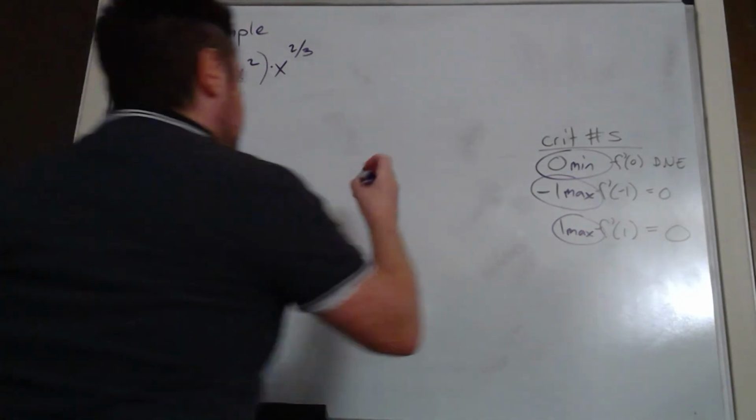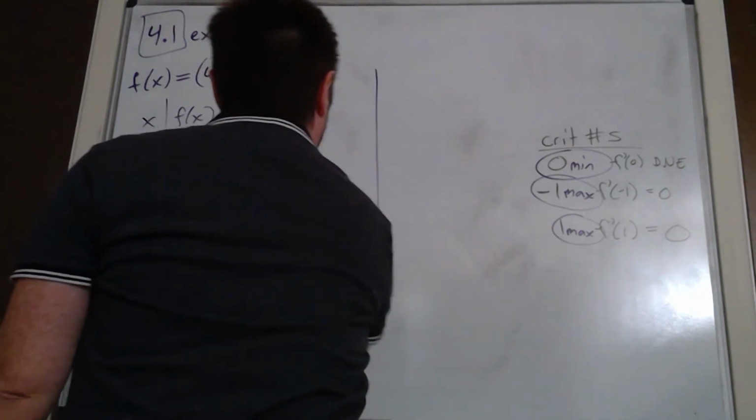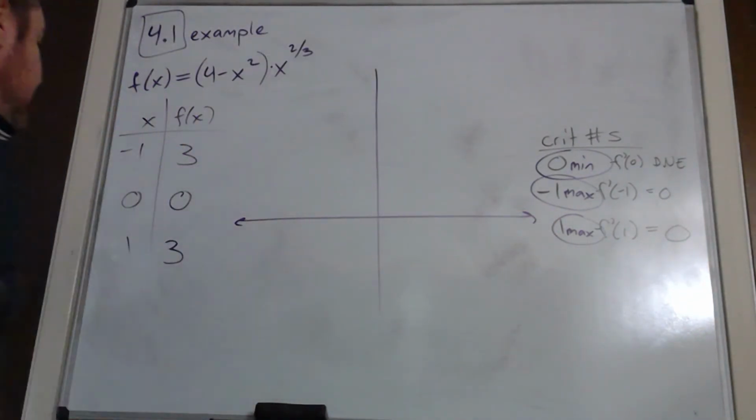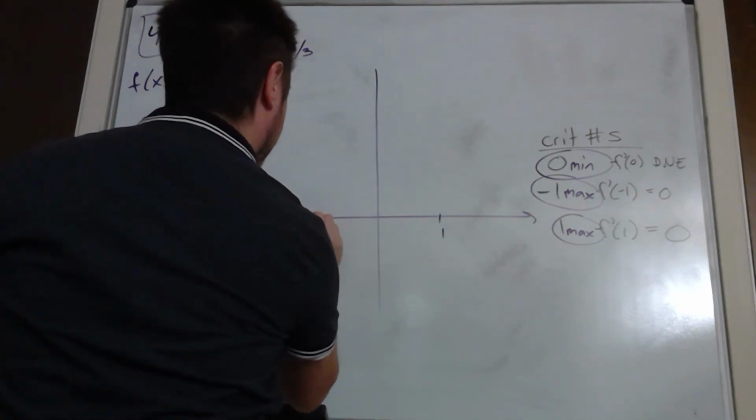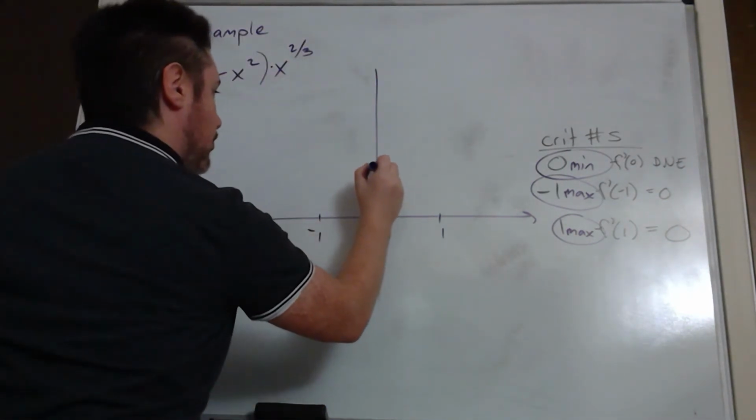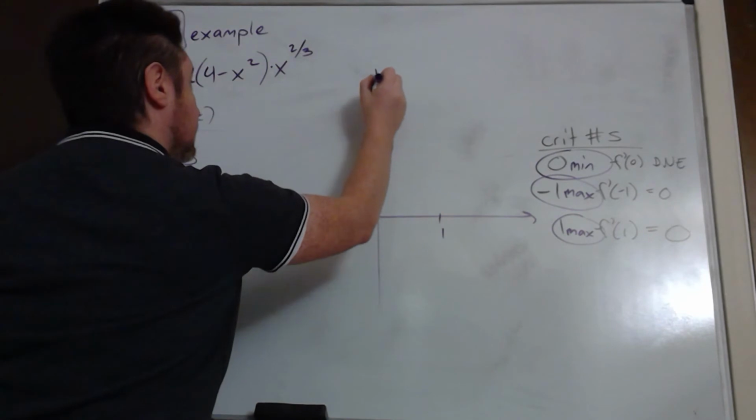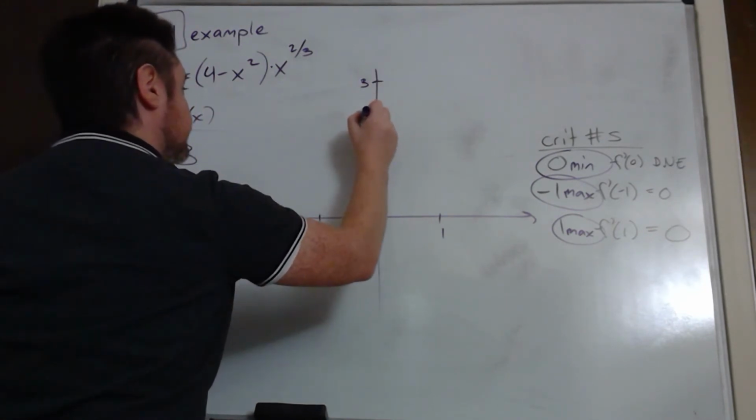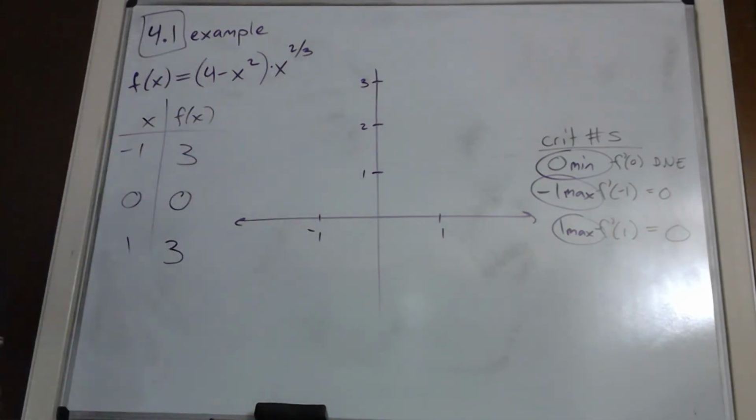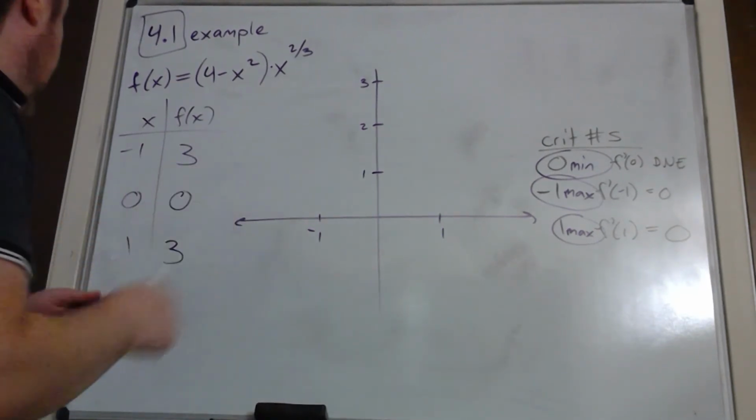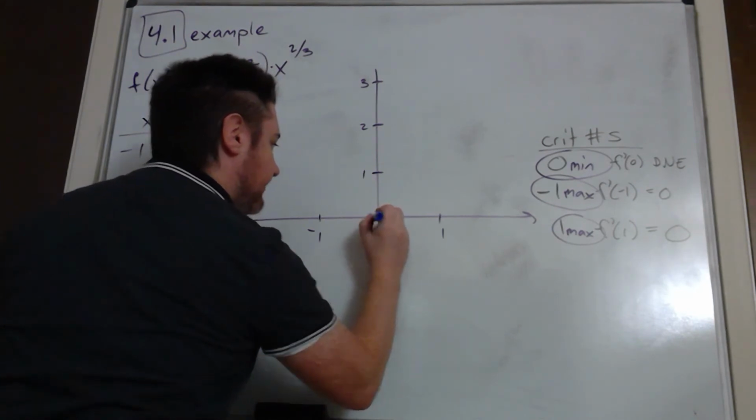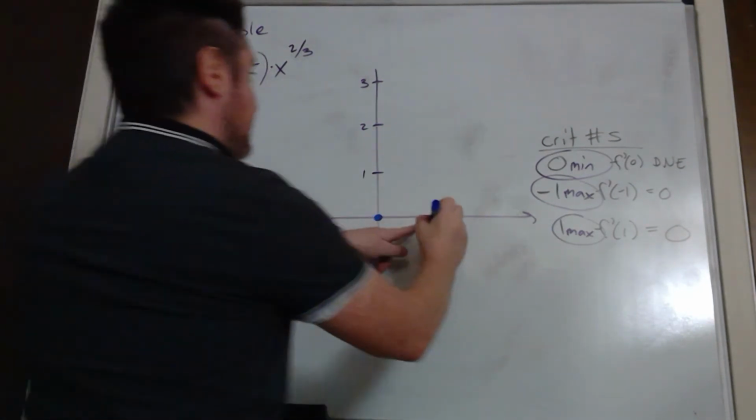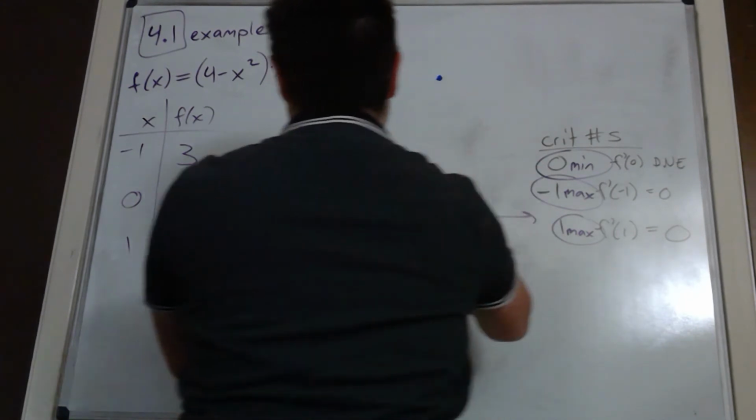But there we go. So let me just start plotting this. So let me come over to 1 and back to the left to -1. And let me go up 3 units. 1, 2, and 3. Okay? So what can I plot here? Well, I know that I've got the point 0, 0, so the origin lives on this graph. At 1, I'm up to the height of 3. And